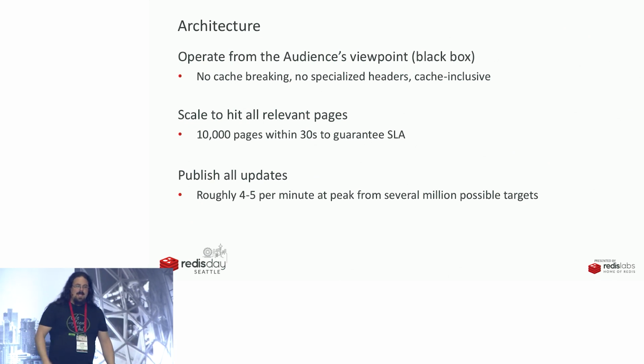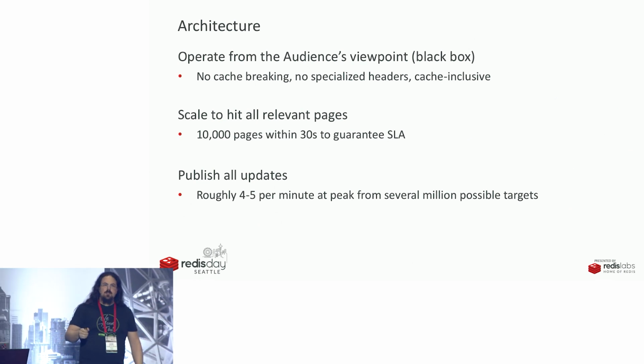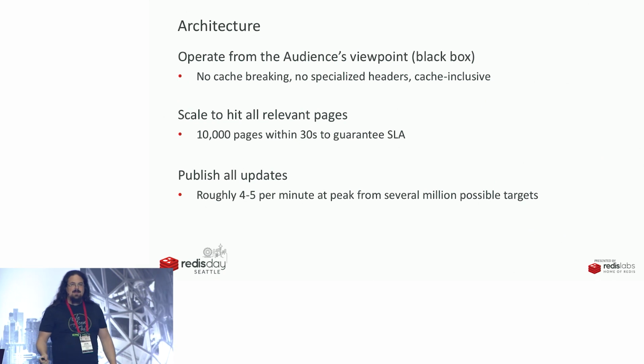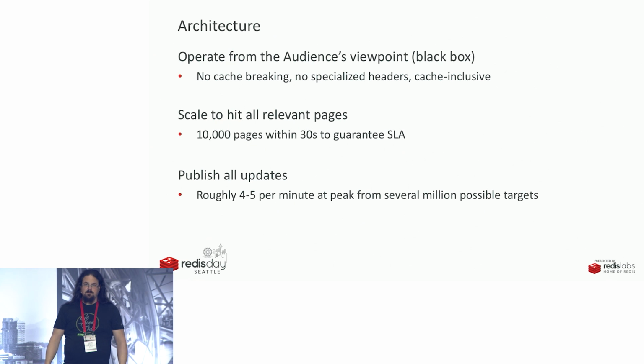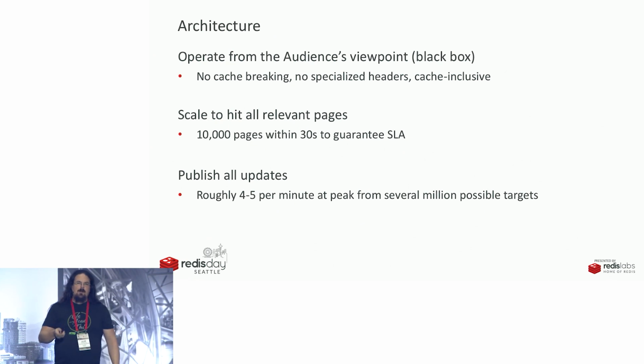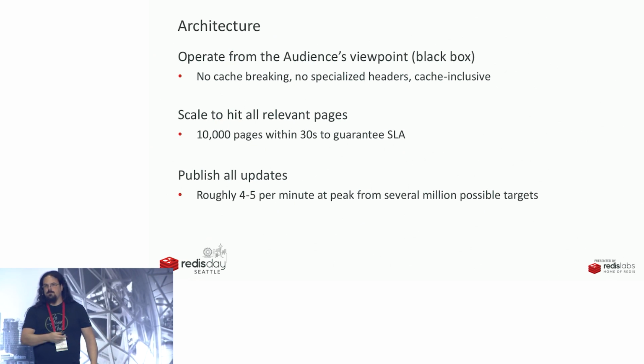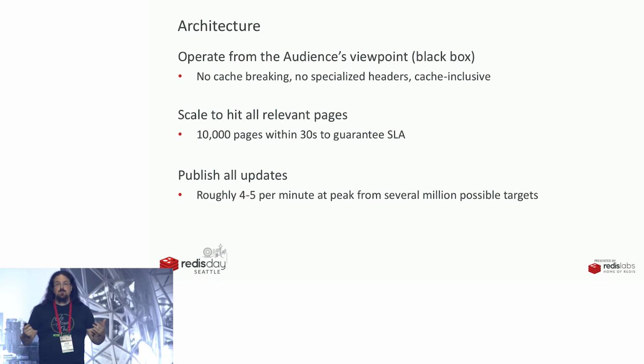So for us, that meant that roughly 4 to 5 times a minute, we have to hit all of our systems. That's a big distributed load. No single node can do 10,000 pages every 30 seconds. It's not worth trying, really. So how do you coordinate some number of different monitors? For us, that answer was Redis.